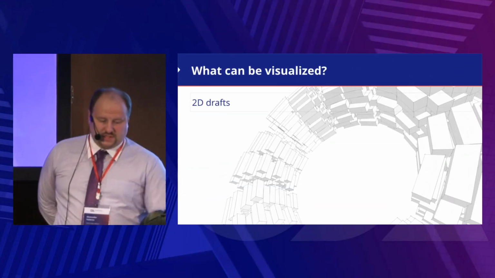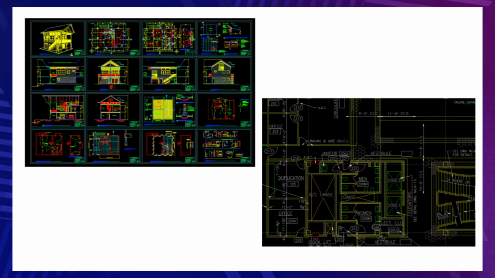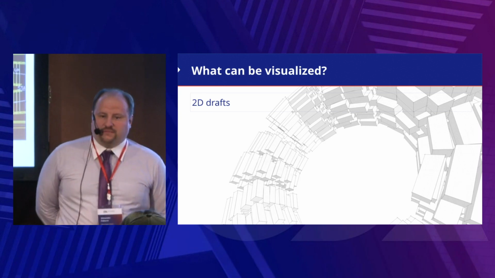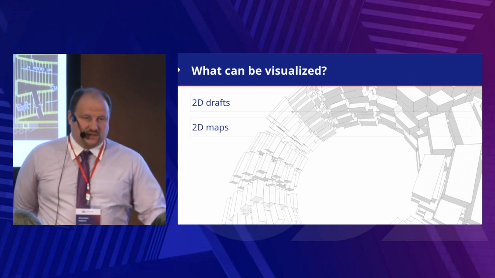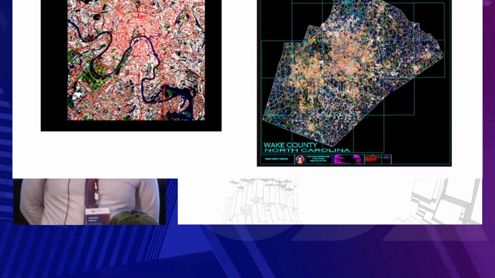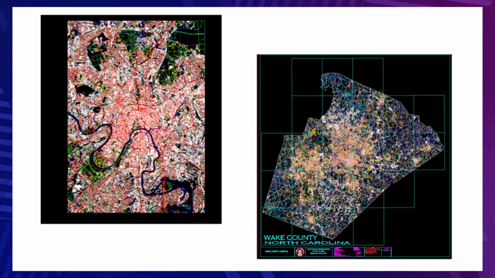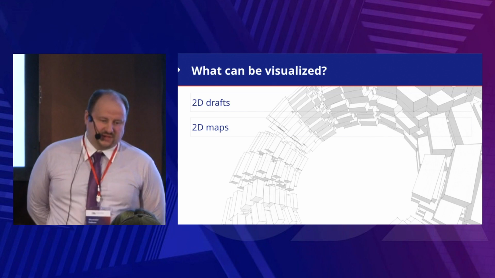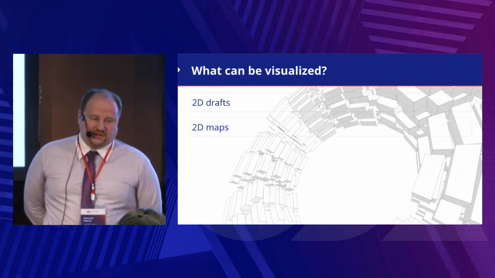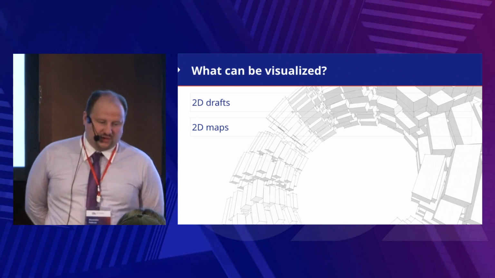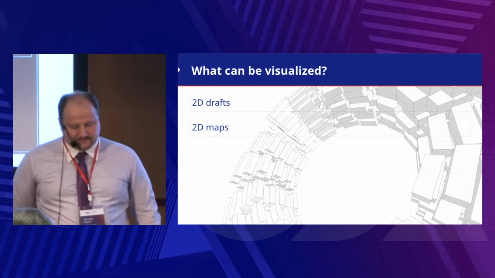First of all, it is 2D drafts data, which is widely used in many applications, like, for example, computer-aided design applications. Another type of data is 2D maps. Here it is important to know that this type of data is very critical from the rendering performance point of view, because usually it contains a huge amount of objects with different attributes, and such a situation typically produces a significant number of GPU calls, which certainly decreases the performance.